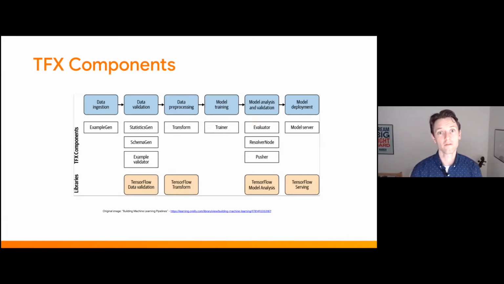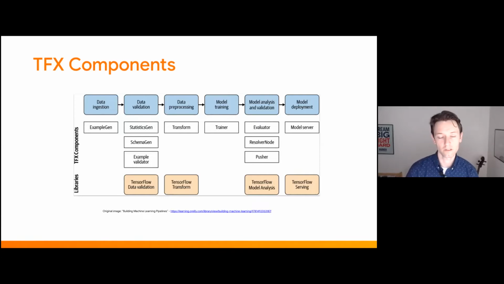And we can then define them specifically for our machine learning project and orchestrate them on a platform, which I will show in a second. The TensorFlow Extended project is basically a portfolio of different libraries, and then they provide the glue code to coordinate those libraries with each other. But you can also run them as standalone libraries. For example, TensorFlow Data Validation could work without any problems in a PyTorch project or in a scikit-learn project.